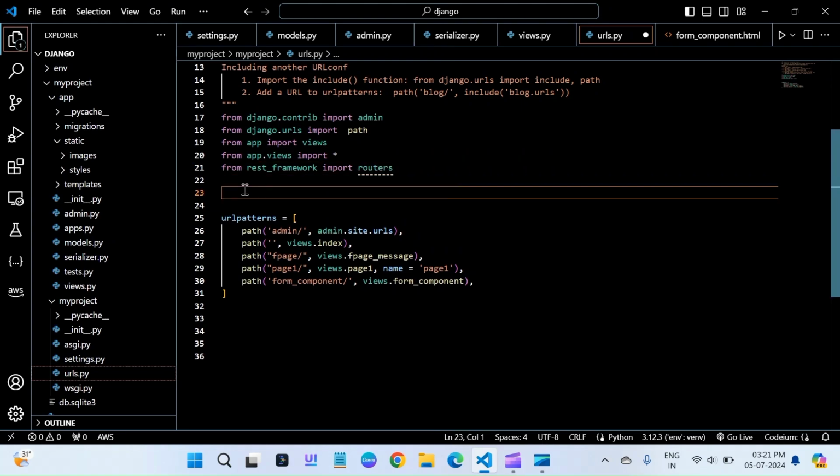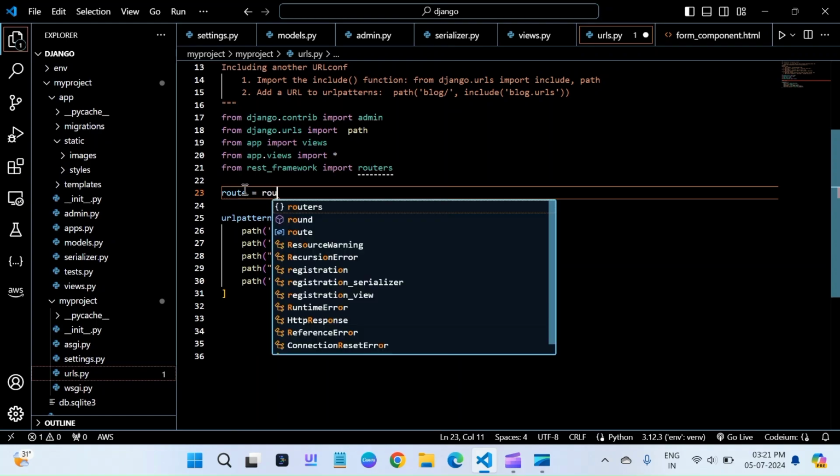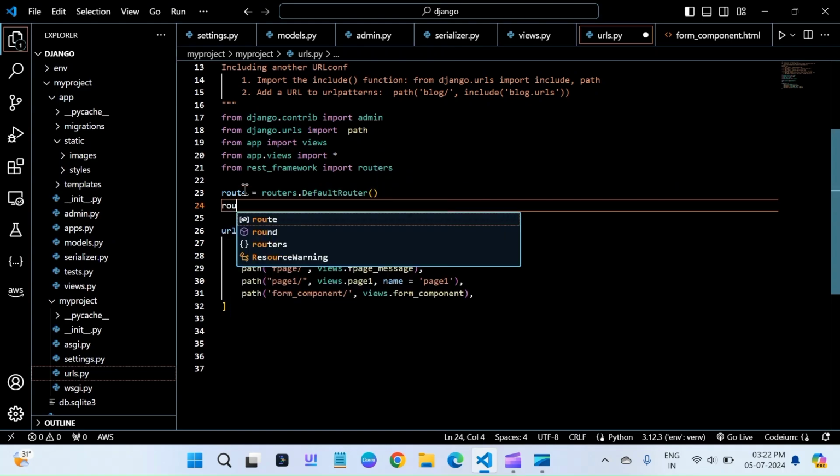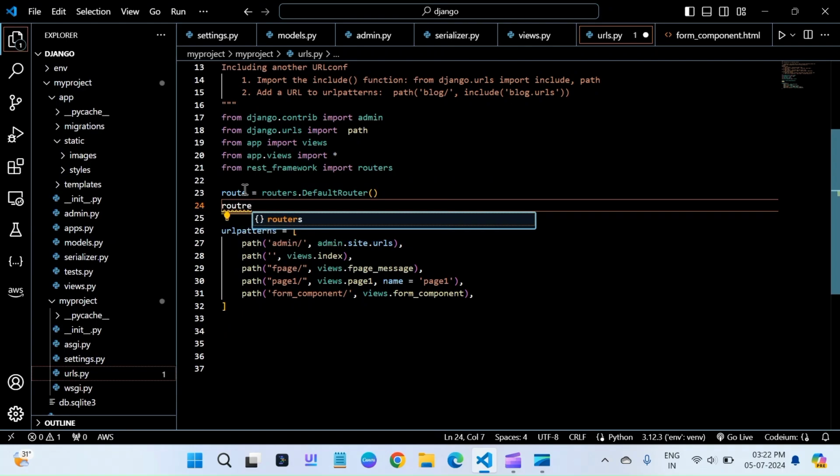We use these routers and call the default router and store it in a route variable, which helps in routing. So route is equal to routers.DefaultRouter(), which is a call function, and we use route. So now we make a registration for the route we have made. So route.register,